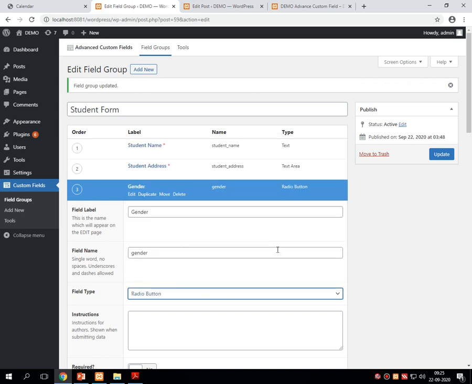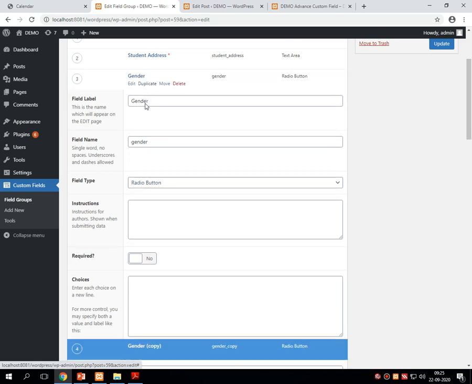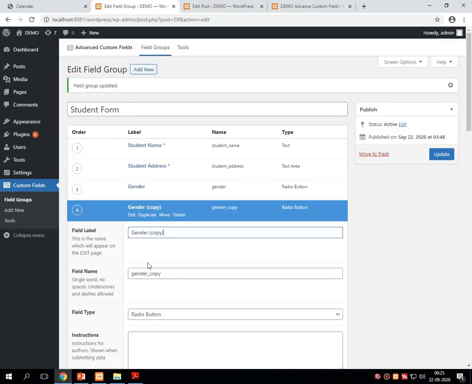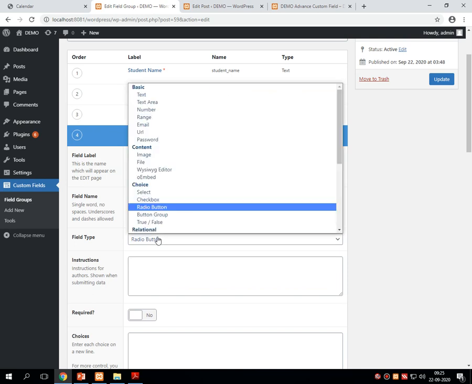Let me select this radio button, then make it duplicate, give this name F for female, radio button.